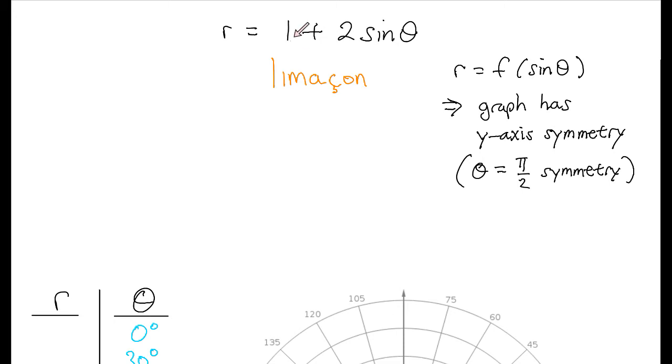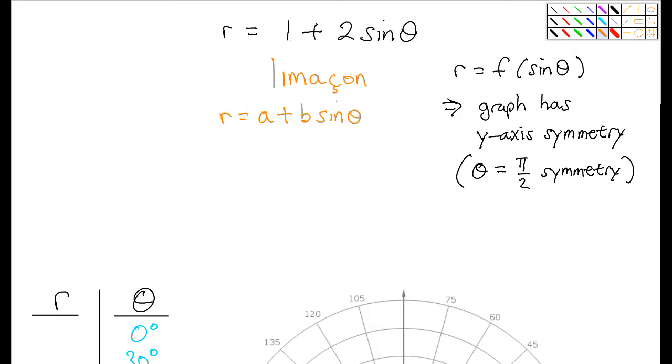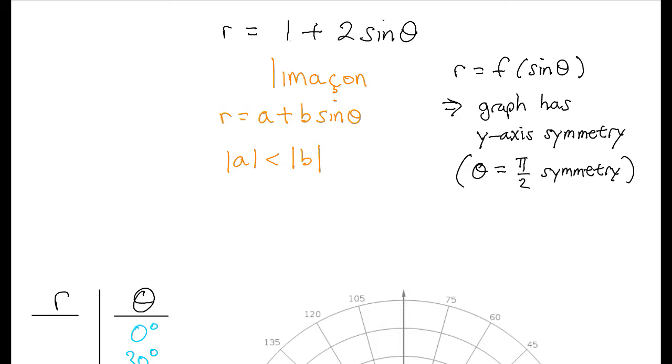Now, another thing about limaçons, this number is what we call A, and in fact, I'll write down the generic form for a limaçon, which would be r equals A plus B sine theta. In this case, we have A in absolute value is less than B in absolute value, right? 1 is less than 2. So that means we're going to get what we call, I don't know what we call, there's no real name for it. I think of it as kind of like a